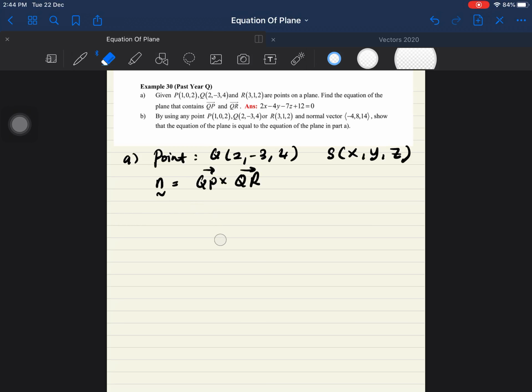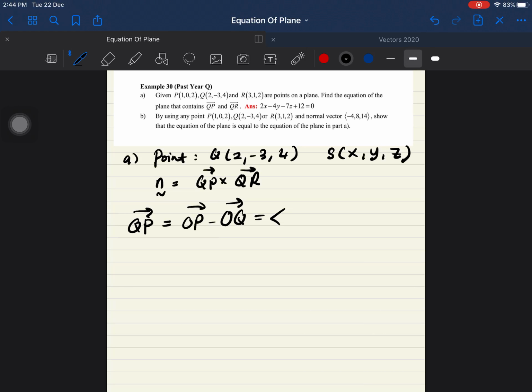Oh, before that you need to find first. Sorry. First you need to find your vector QP. So vector QP is equals to OP minus OQ. So you will have your answer is equals to -1, 3, -2. QR is equals to OR minus OQ, which is equals to, so R minus Q, so 1, 4,